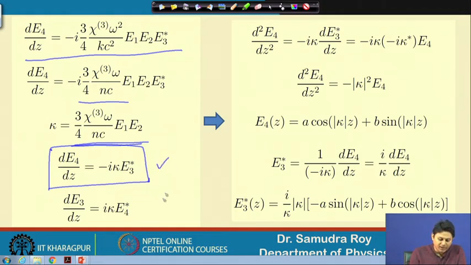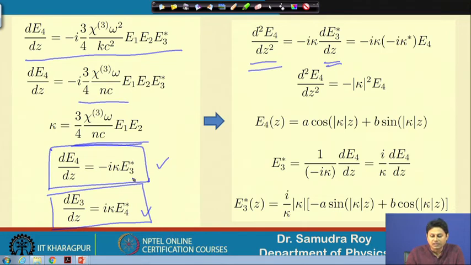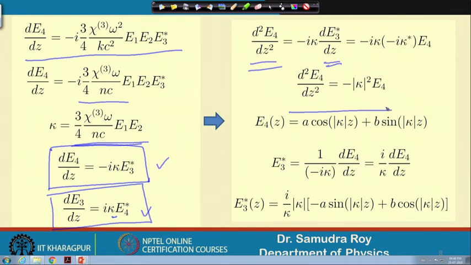Exactly in the same way, if I derive E3, it will be simply this. So, the differential equations of E3 and E4 we have derived. Now, what will we do? We have two coupled equations and we will follow our usual procedure to solve them. If I take a derivative of E4, then on the right hand side we have a derivative of this term. So, E3 is this and E3 star is this. So, I just replace here, and I will get this equation. This is a very straightforward homogeneous differential equation whose solution is sinusoidal. So, I write the solution here.